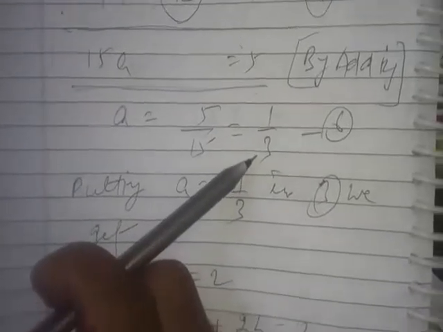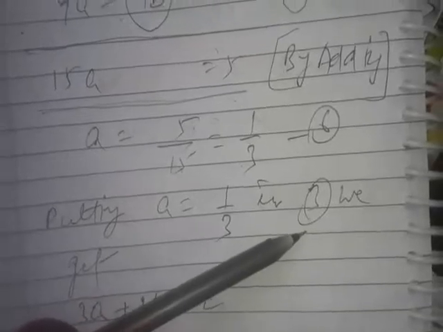Now we see that the value of a, we will obtain 5 by 15 is equal to 1 by 3. 1 by 3 is the standard form of 5 by 15. Now we can find out the value of variable b by putting the value of a is equal to 1 by 3 in either of the equation 3 or equation 4. We have put a is equal to 1 by 3 in equation number 3.